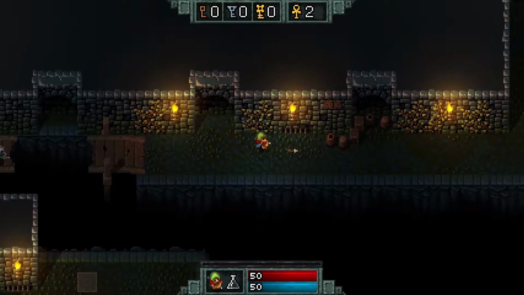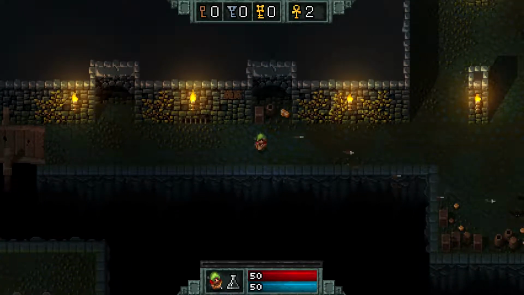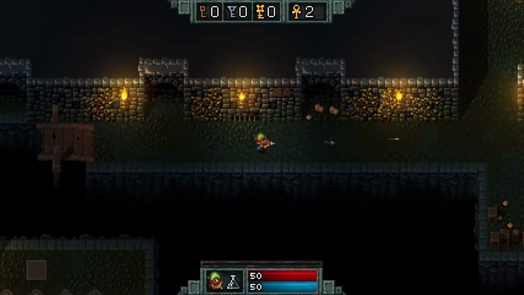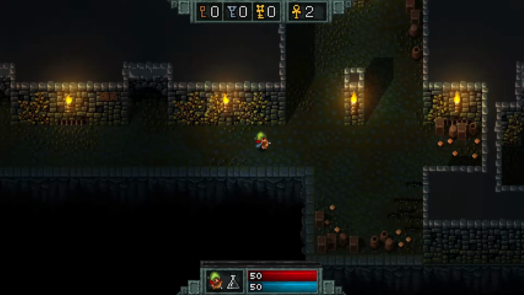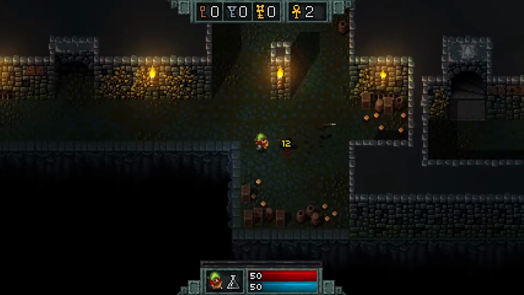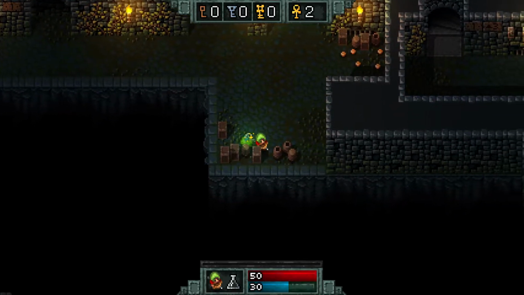So yeah, like the ranger, you have these infinite arrows. Of course, you're slower moving around when you're firing. Otherwise, you're like that fast. We'll just kill these bats. The other starting ability the ranger has are these bombs,